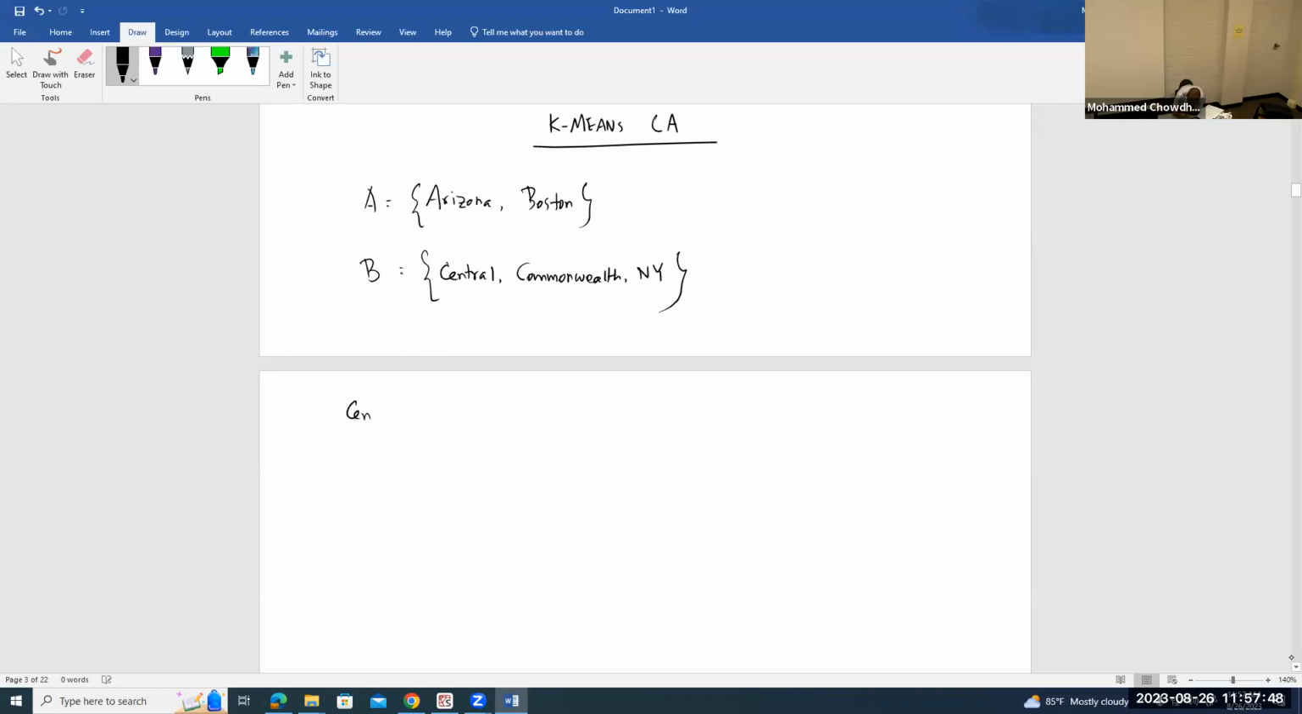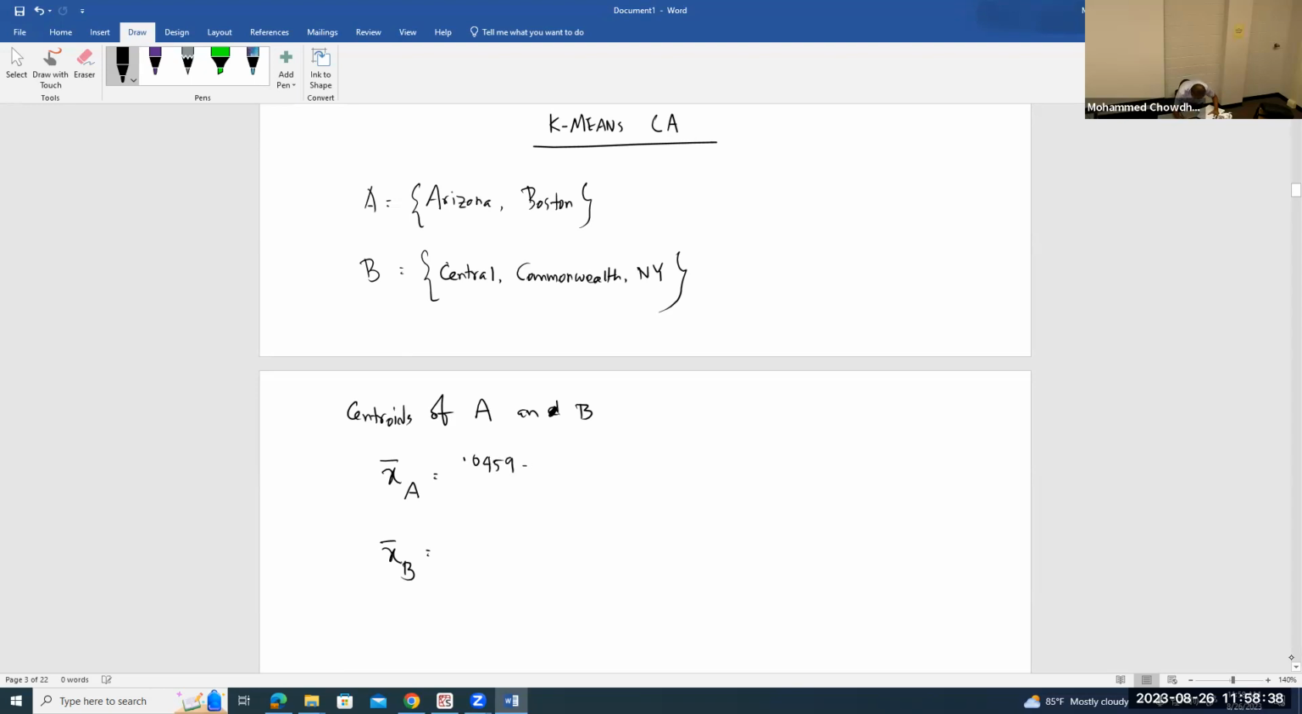So the centroid of A and B, which could be obtained by X bar A and X bar B. First of all, we have to compute the center. So in order to compute the center, we have to go back to the normalized score of Arizona and Boston. So normalized score, we are doing these things. If you take a look at my note that I have uploaded,